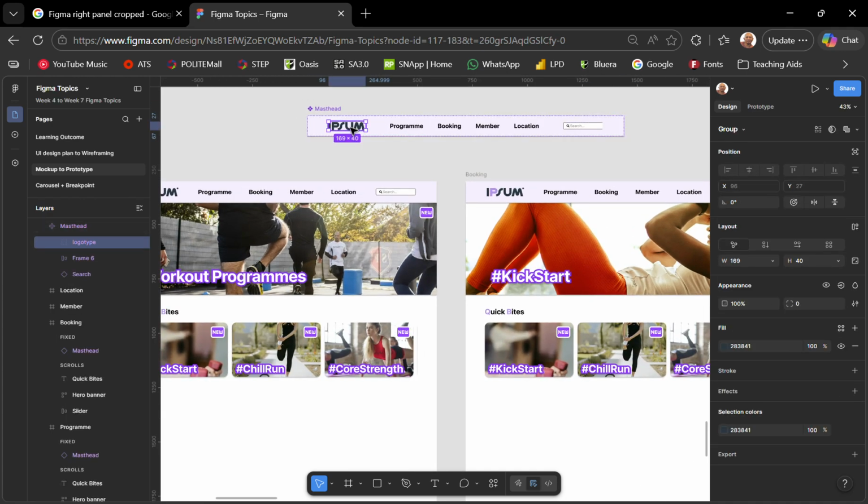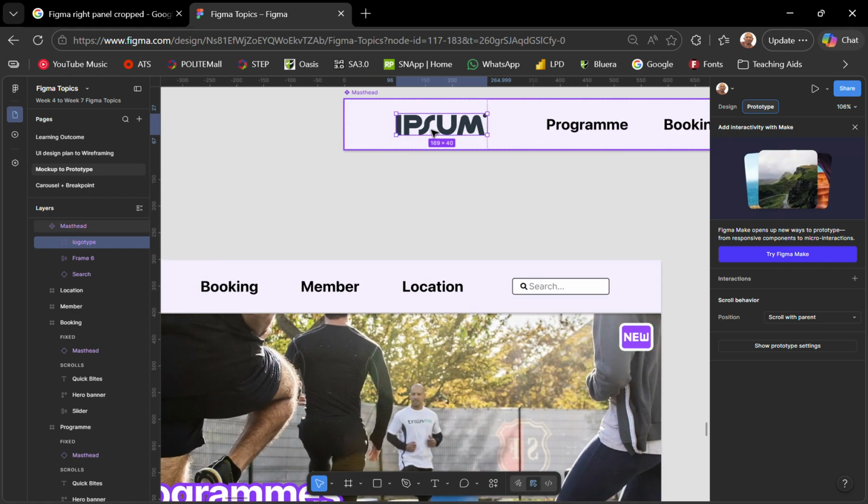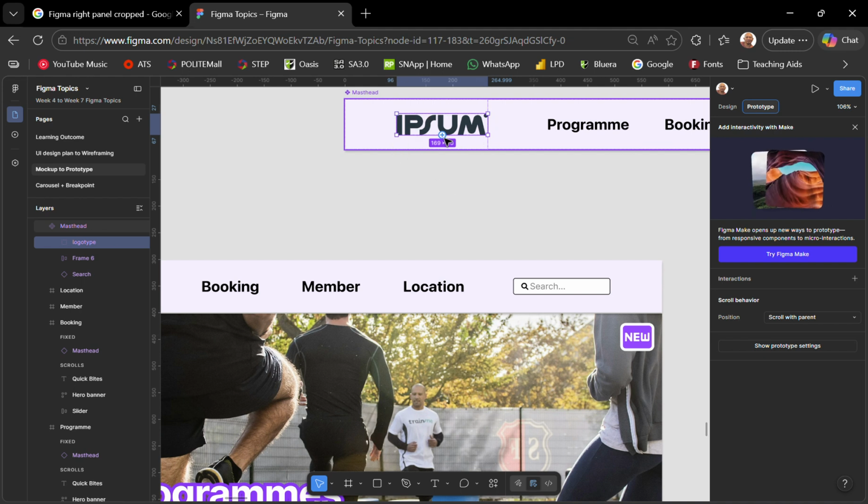in the masthead, zoom in, double click to make sure you are only selecting the logo, not the whole masthead. Go to your right panel, locate prototype. Once you're in prototype mode, as you hover over the logo, you will see a blue cross appear on the left, at the bottom, on the right, and on the top. Because we know that the whole page is on the left of this screen, we'll just click here,